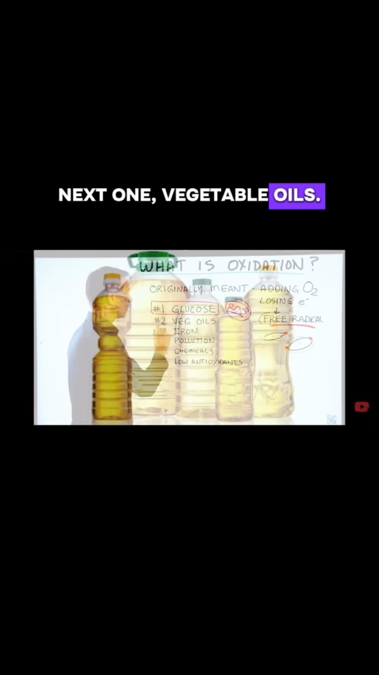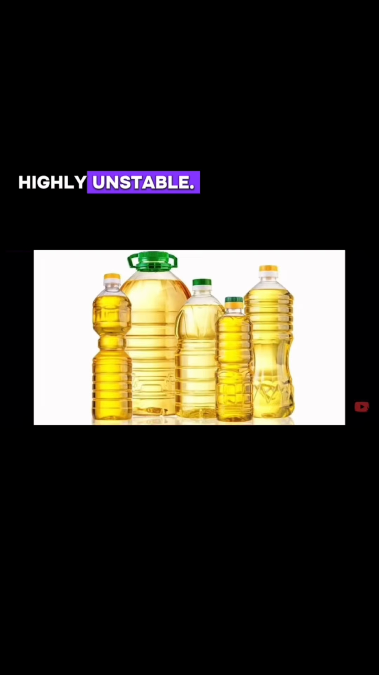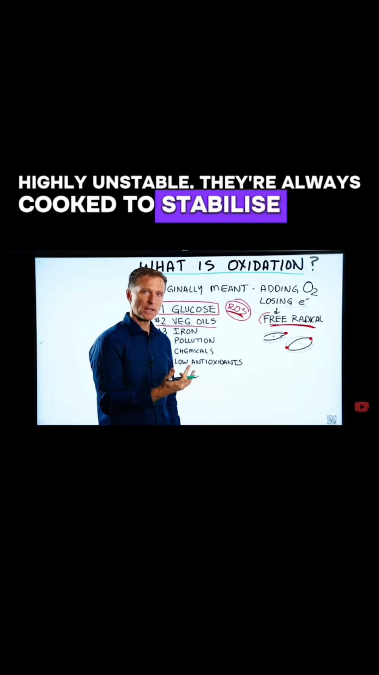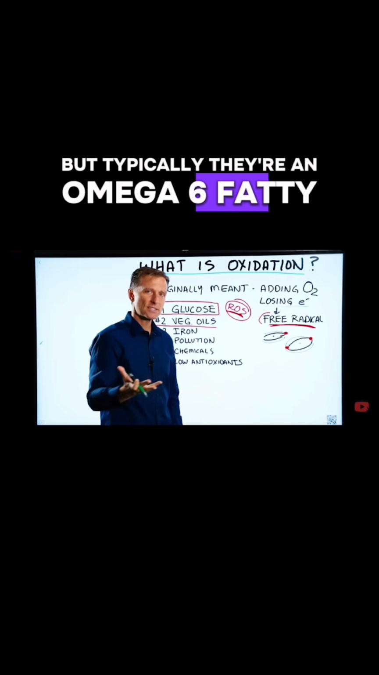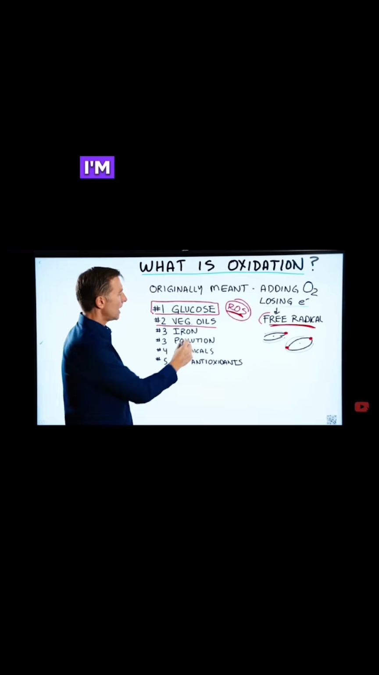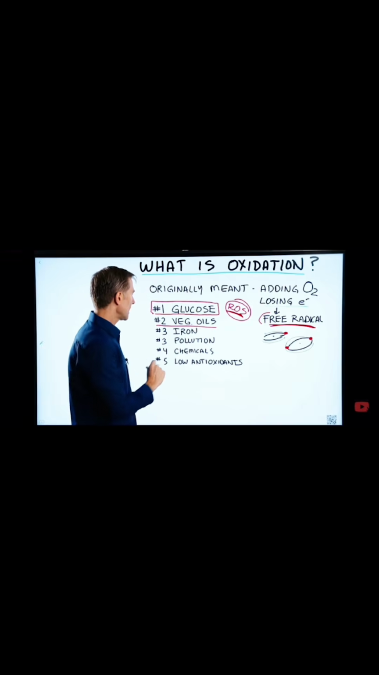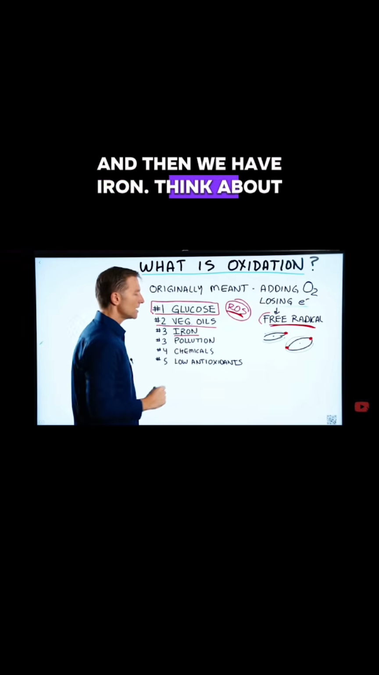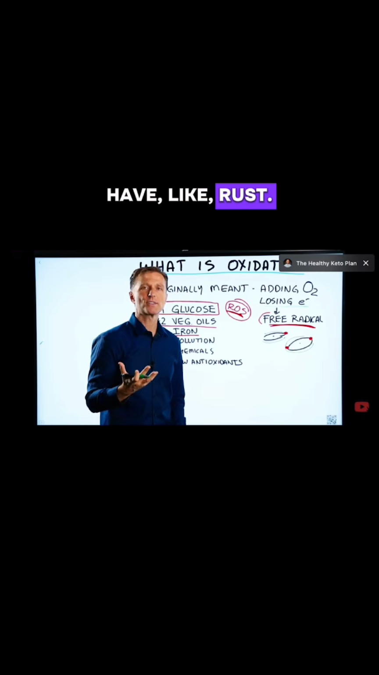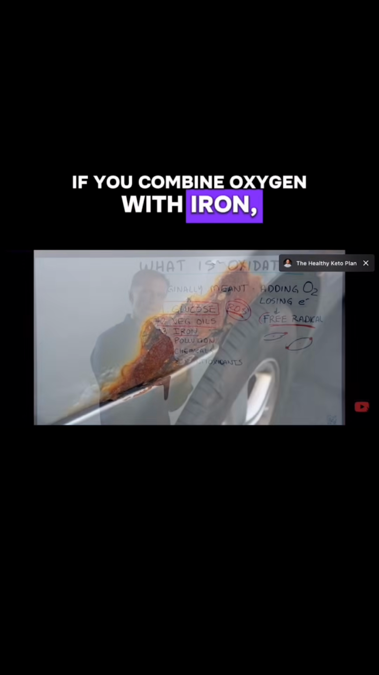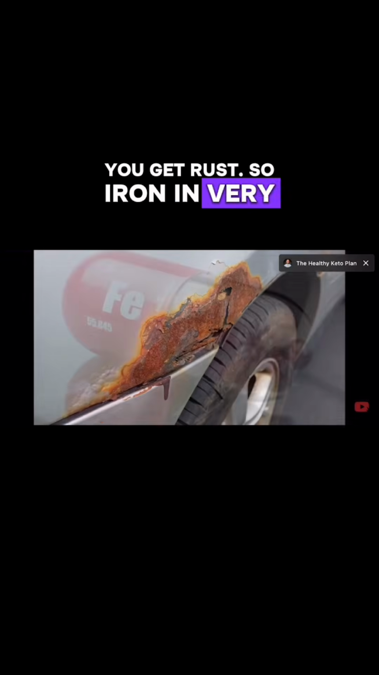Next one, vegetable oils, highly unstable. They're always cooked to stabilize them, but typically they're an omega-6 fatty acid that becomes very unstable. I'm going to talk more about this in a second. And then we have iron. Think about when you have like rust. If you combine oxygen with iron, you get rust. So iron in very high amounts in your body is